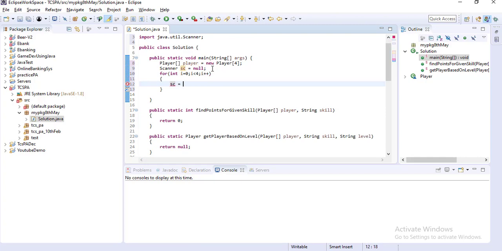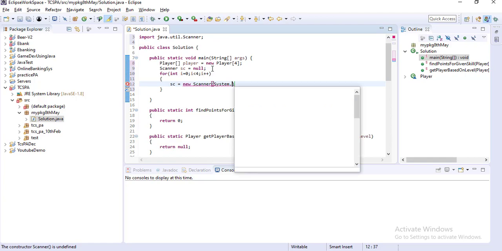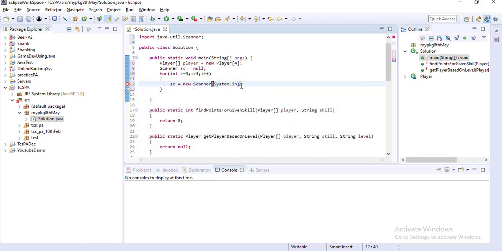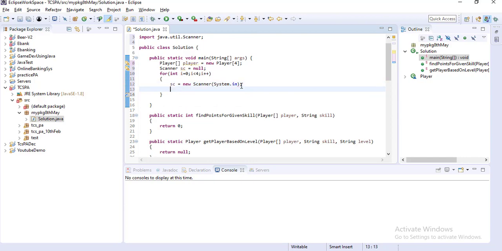This is my for loop, and inside that I will take input from the console. So sc equal to new Scanner. The first one is the player id, so I will take one input from the console.